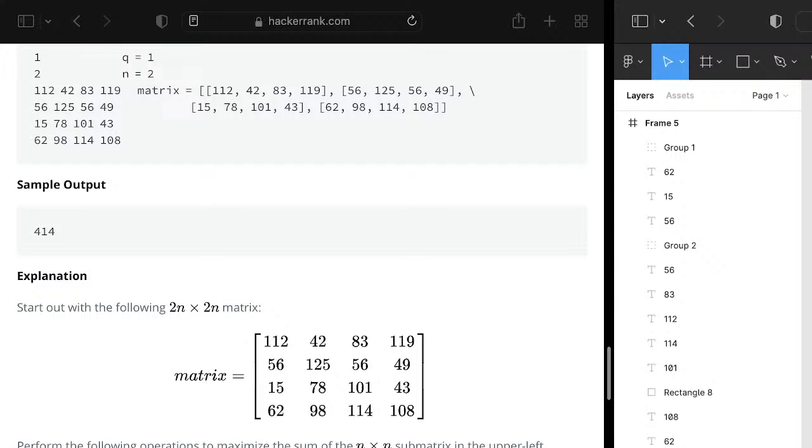But together with 114, they form a pretty sizable coalition. So these two probably could end up in the upper left submatrix convincingly. That would be a strong claim for these two to be